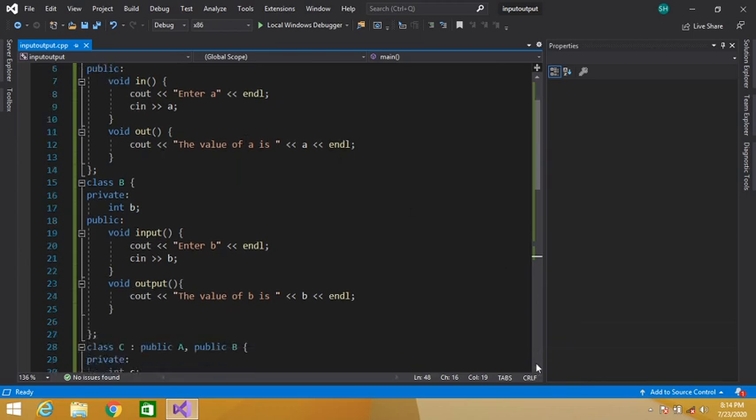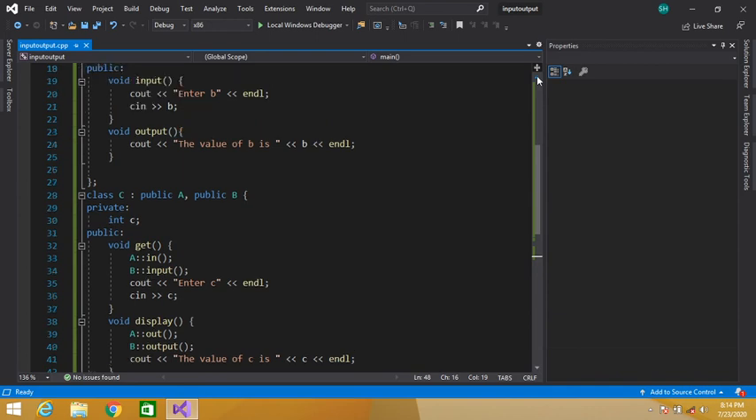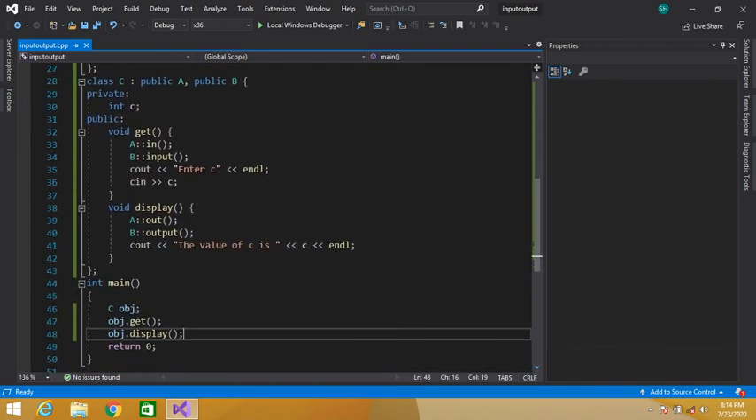Similarly, then we are calling our B class output function, so in our B class the control will jump on the definition of this output function, and it will display the value of B. And then after that we are displaying the value of C, and it will display the value of C. So by creating the object of our child class, we are able to input the values of our data members A, B that exist in our parent class,